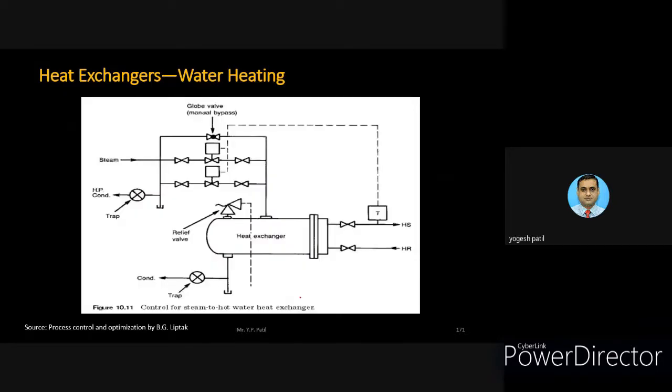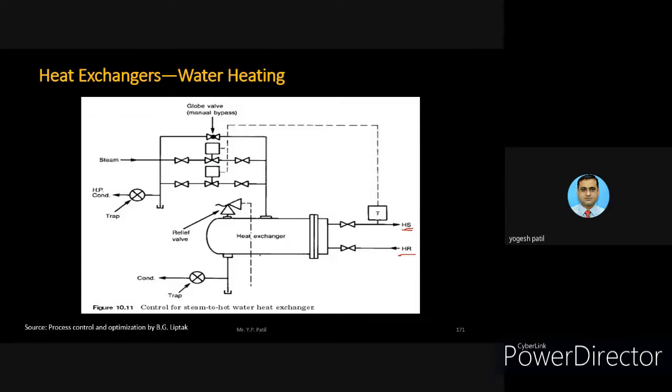So this is one control arrangement for that. Here is the supply side, and this is the return side. You can see that the hot water is supplied, the temperature is measured, and then the steam flow rate is monitored or controlled. You can see here two lines are mentioned in parallel. So the output of the temperature controller is given to the steam flow rate. With the help of temperature measurement, the steam flow rate gets controlled.